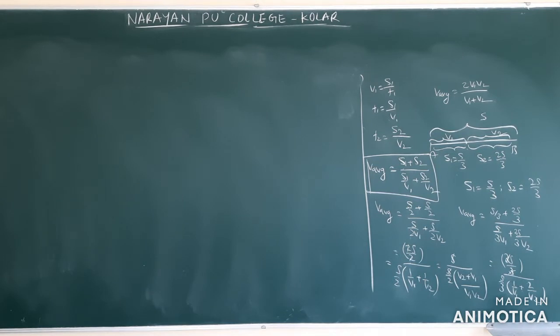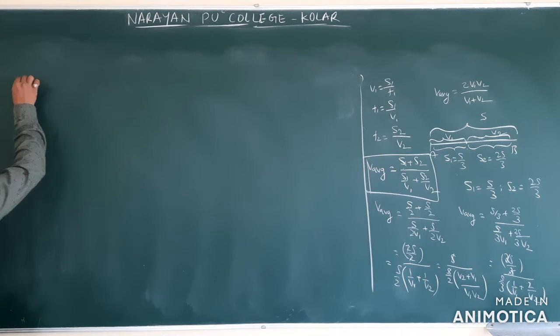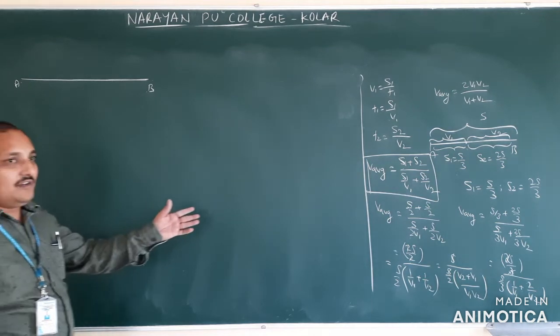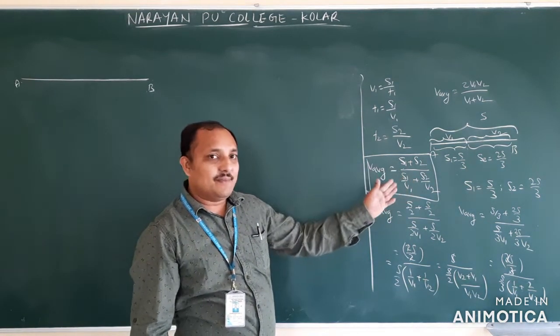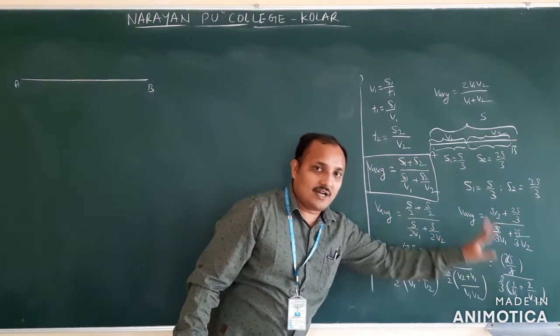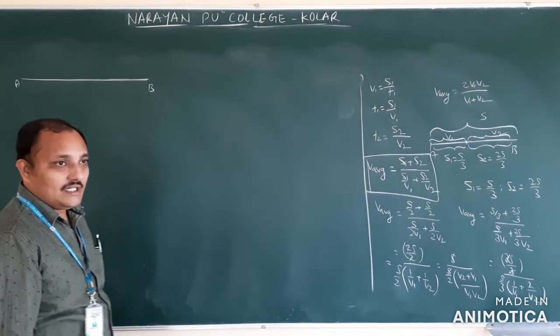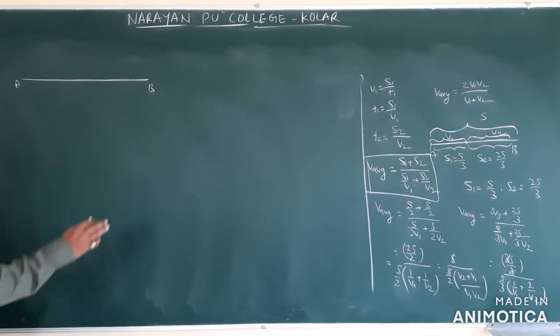See the C. They gave first 1/4 distance with speed v0, second half of the distance with speed 2v0, and last 1/4 distance with speed 3v0. Okay, first 1/4, 1 by 2 and 1/4. This is A to B. If you came to know first one, second one, third one are similar methods. Here I think all of you got the answer, 3 v1 v2 by v2 plus 2v1. I think all of you got it, just small calculation from mathematics.